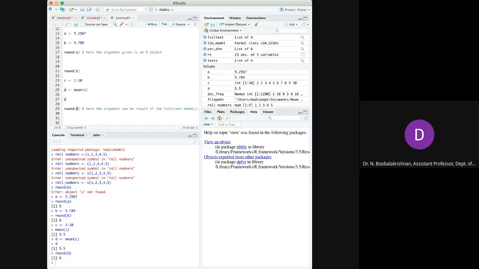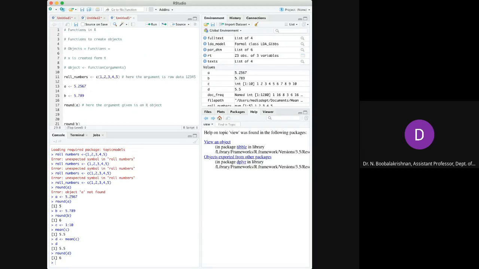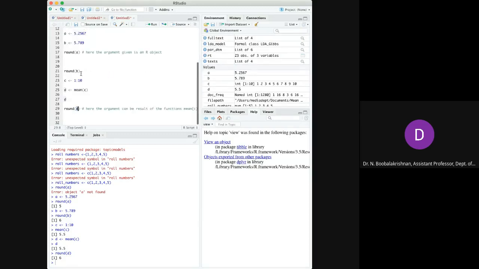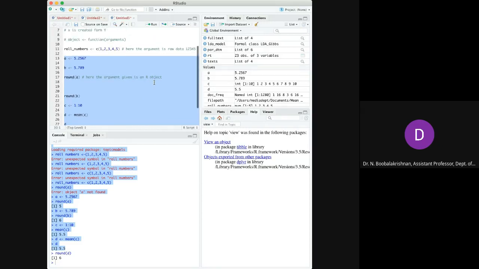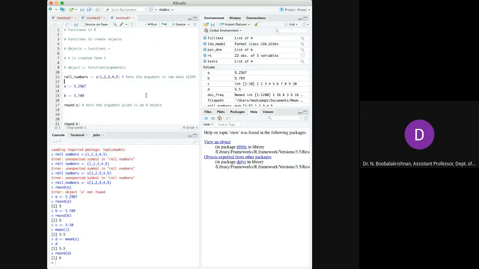Now there are two things one has to know before getting into writing scripts in R. This is the script window, and this is the console window. So now we will see the difference between using the script window and the console window. So far we have been writing only in the script window, not in the console window, and there is a reason for this.